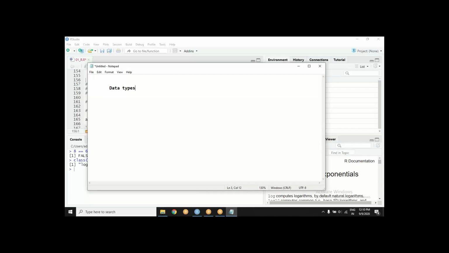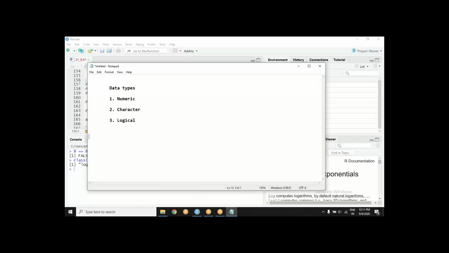There are data types which can be numeric, character, and Boolean or logical, whatever you want to say. So these are the major three data types in which your data will happen.